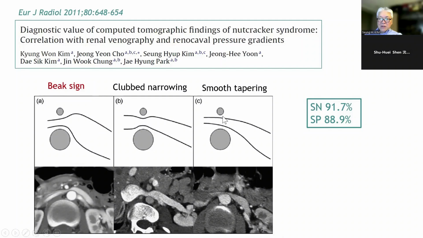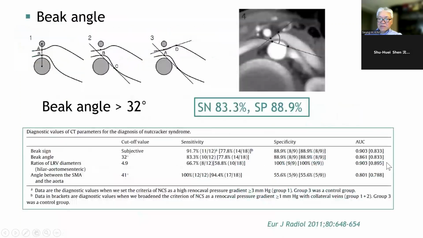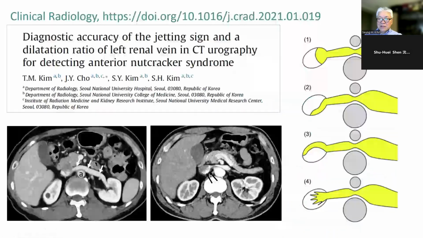But it was our first experience with the CT findings of Nutcracker. We tried to make this angle criteria, but I think it is not a good idea to use that kind of criteria. I think the more practical thing is like this: